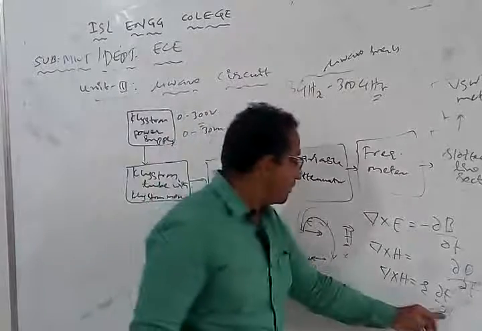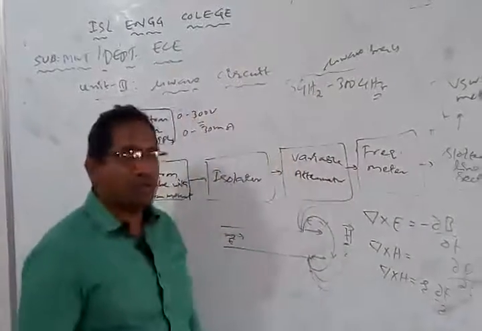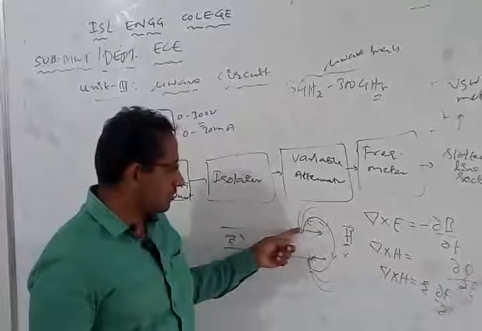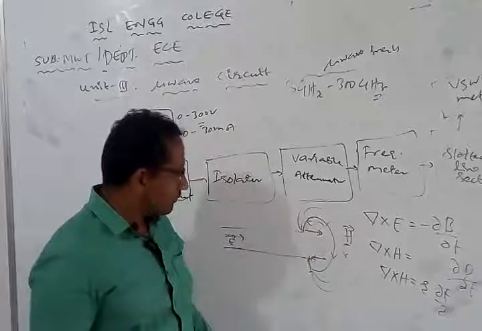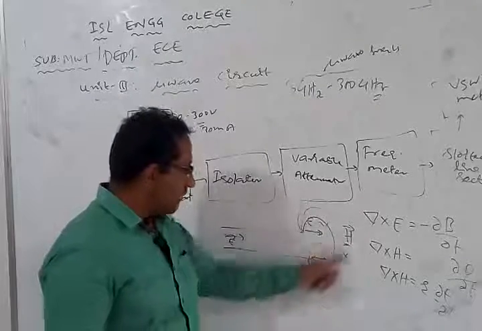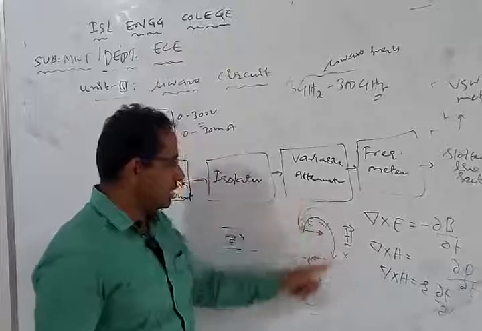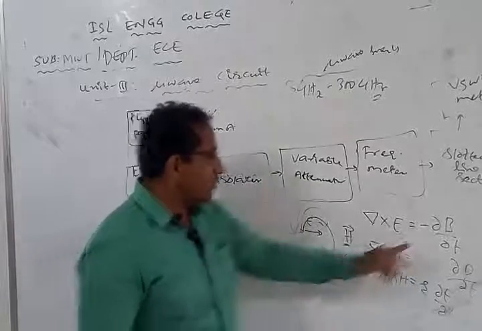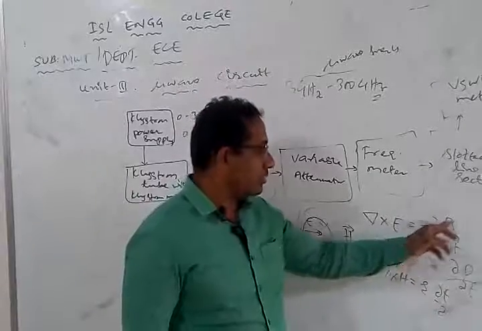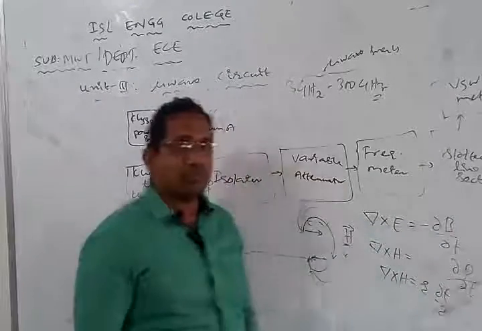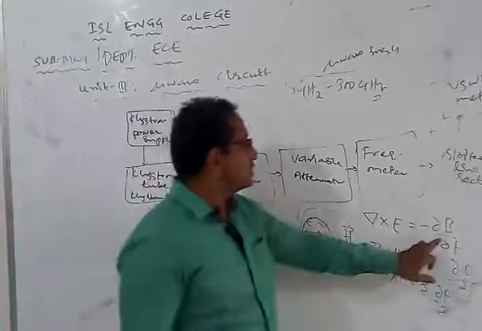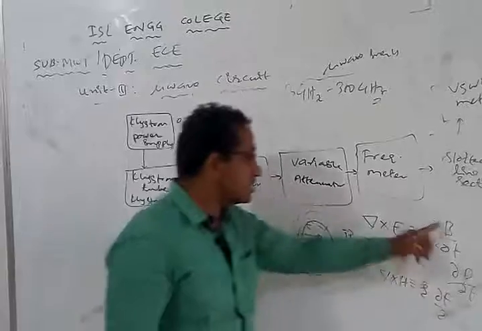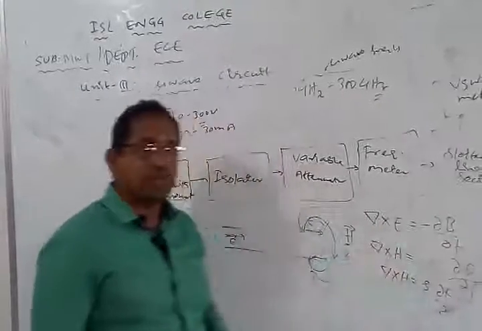A time varying electric field is going to produce a magnetic field. Magnetic field means what? Magnetic field lines always start from the north pole and end at the south pole. That means the magnetic field lines are going to get induced in this particular wire. Because of this magnetic field, what will happen now? In the first equation I have dou B by dou T, where B is the magnetic flux density. Because there is a change, the magnetic flux is also changing, and because of the change in magnetic flux, we produce an electric field.